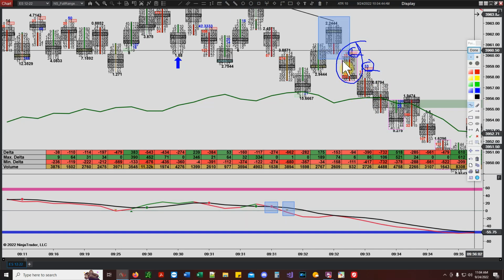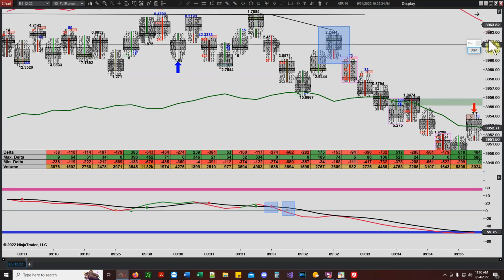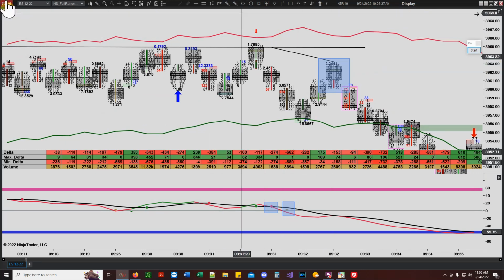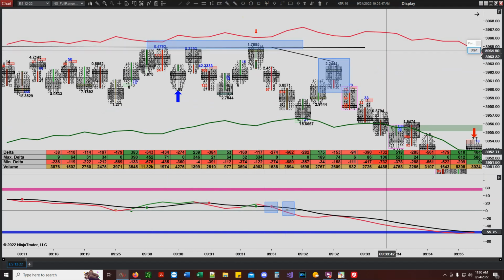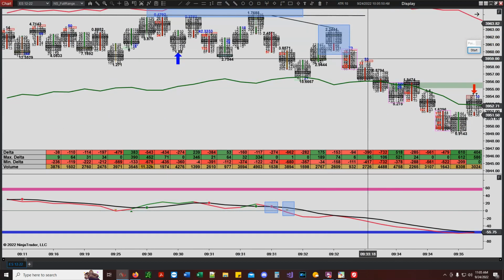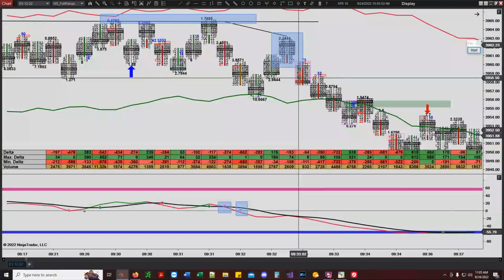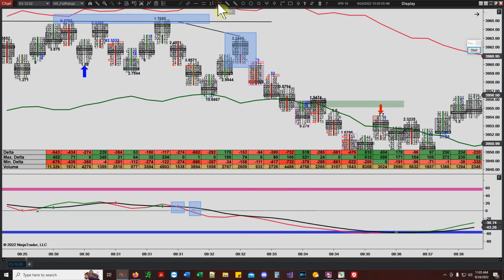Even though you're getting in, that would have been a red flag for me, and I probably would have been getting in somewhere in this bar, which is, me and my friend, we always discuss you're late to the party. Yes, you are a little late to the party because the selling was up here when it kept hitting this point of resistance. Okay? Once you got a lower high,